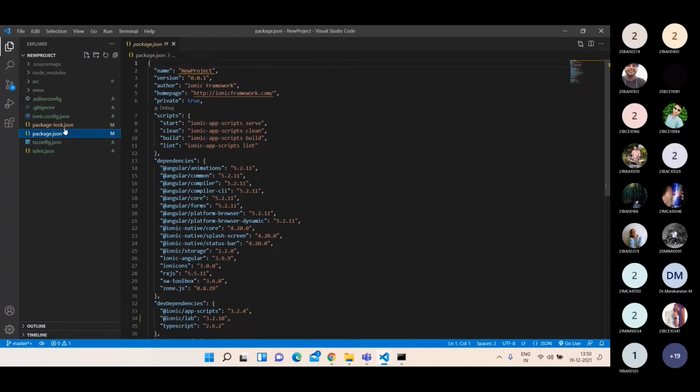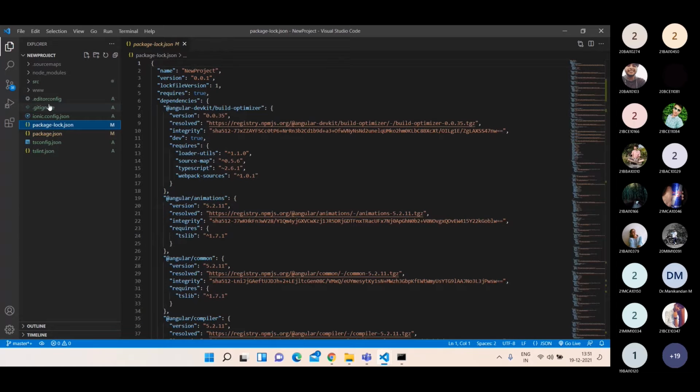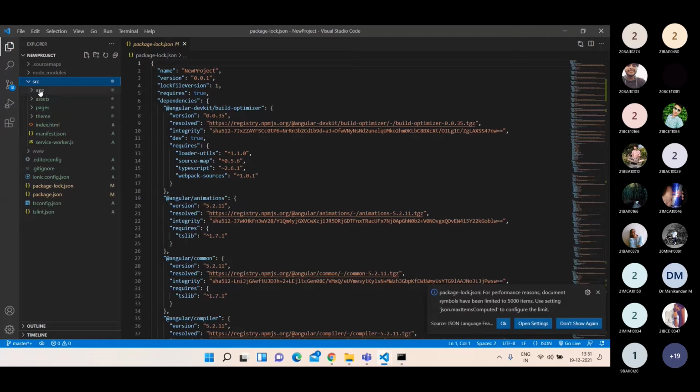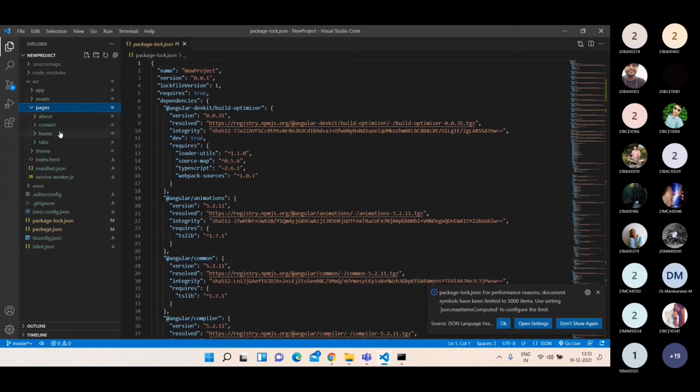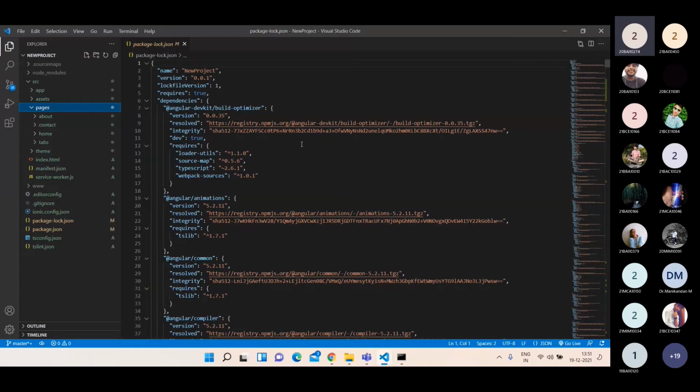You can see all these things are the same, right? Only here you can see the difference. If you look at the pages, you can have more pages. In this Hello World application you have only one page called home, but here you have about, contact, home, and tabs pages. Can you understand the difference between these two? Yes, sir. That one is for a single page, and this one has multiple tabs. Exactly. That's how the project structure will be created for you.